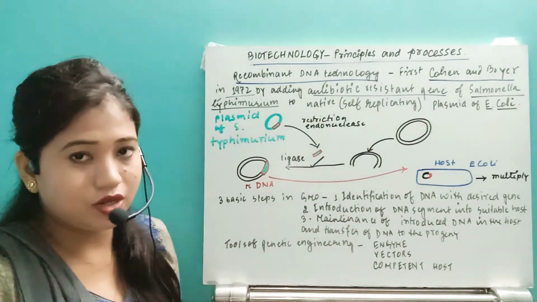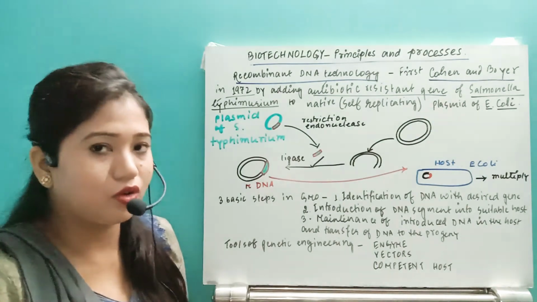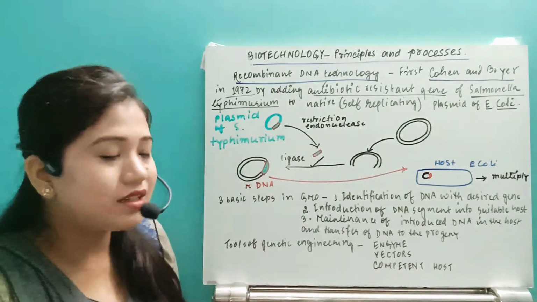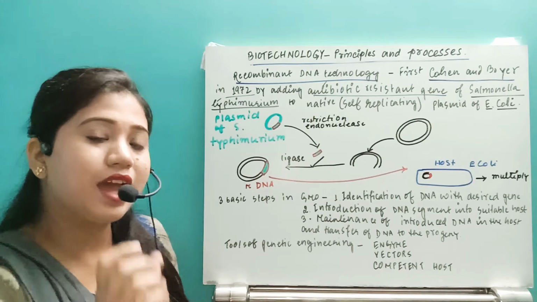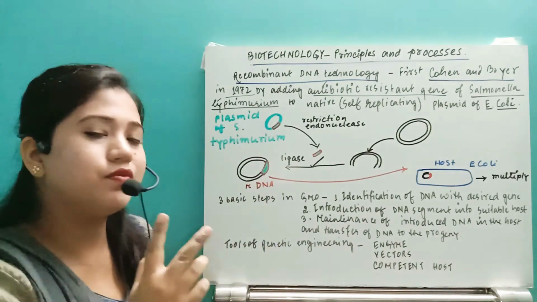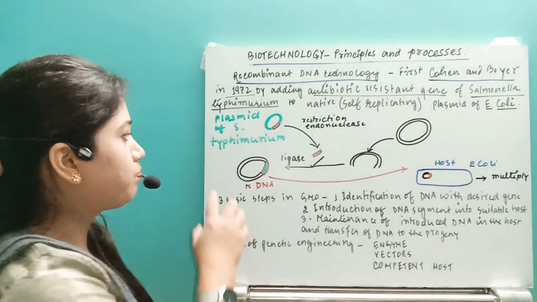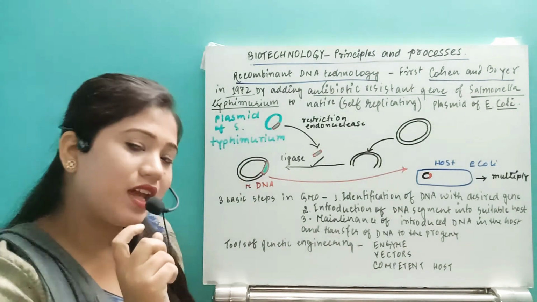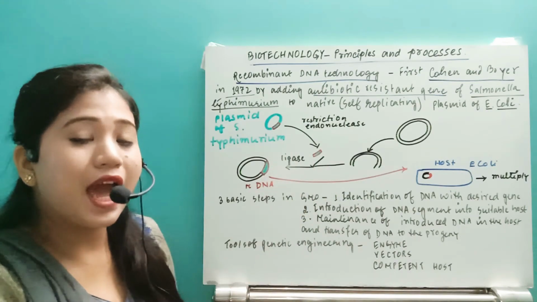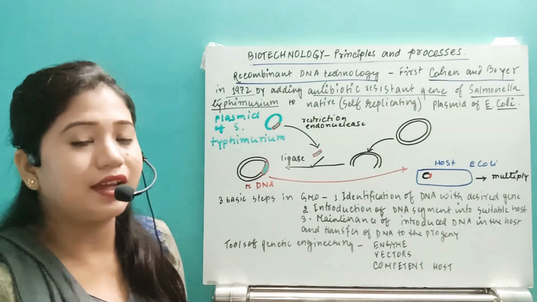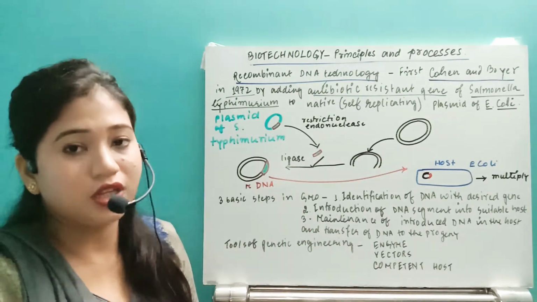We have to find it out, and from where the restriction endonuclease is extracted, that is also another biotechnological procedure by which we will take this restriction endonuclease and find out the different restriction endonucleases. According to the base pair, we will add that specific restriction endonuclease which will cut that specific plasmid at exactly that region. So this is the restriction endonuclease which will help in cutting the gene fragment at the desired location. That's why this restriction endonuclease is also known as the molecular scissors.